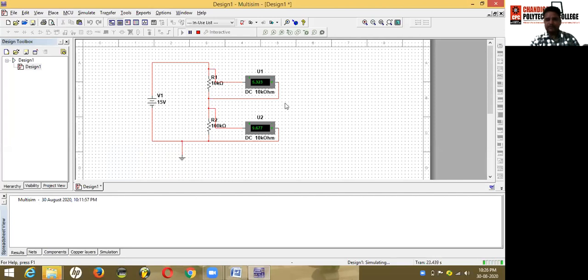This is the effect of loading of the measuring instrument when you are checking the voltage drop across any component used in the circuit. This measuring instrument places its internal resistance across this resistor and changes the total resistance of this node, and also changes the practical reading that is different from the theoretical reading.